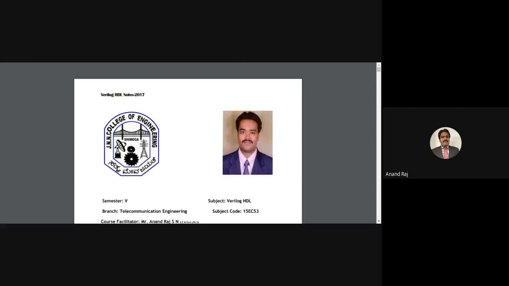The assign statement tells us the relationship between the output and input using operators, like the first program, the AND gate. Y is equal to A ANDed with B, and the program ended with the keyword endmodule. These were the things we discussed in the previous class.